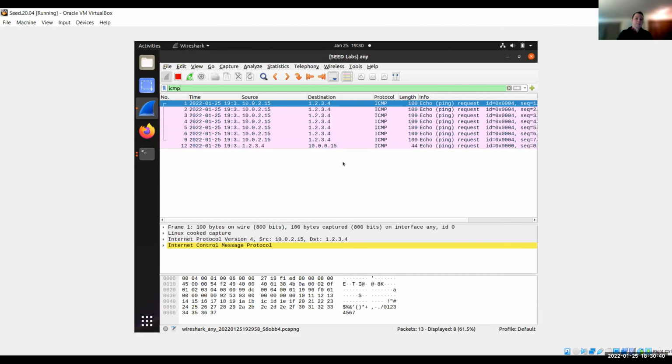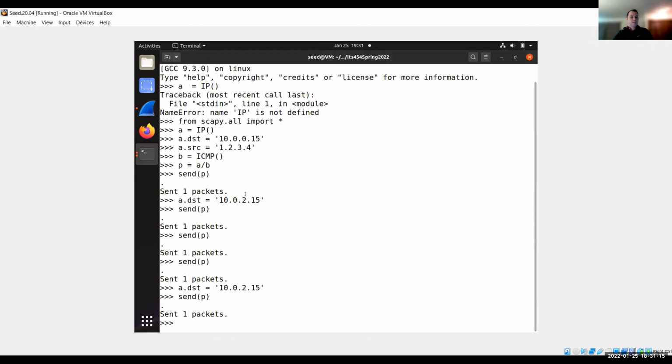See, it's got this packet 10.1.2.3.4 10.0.0.15. The packet is going to the actual VM, right? So it should have replied, I think. Still showing the destination as 10.0.0.15 rather than 10.0.2.15. That's true. So it's not gonna reply because that IP address isn't live. Yeah, that's true. Why is it? Because I changed it, right? Didn't